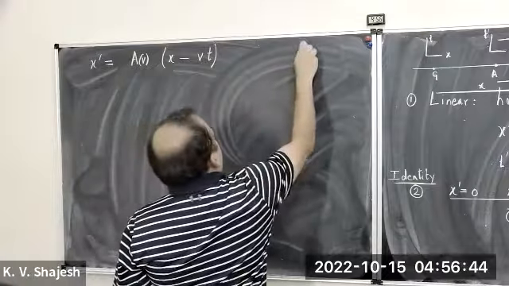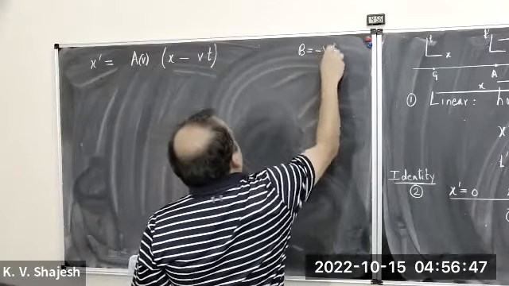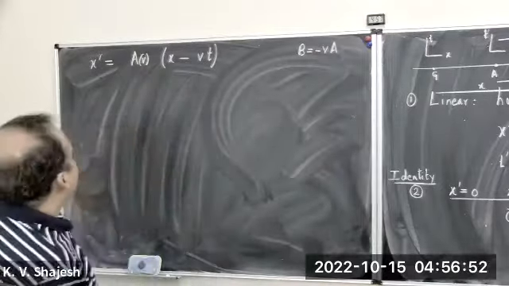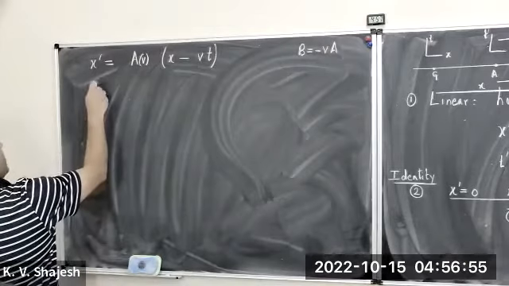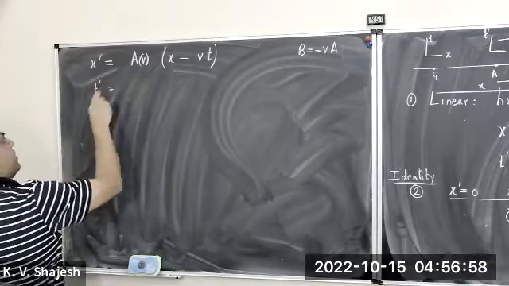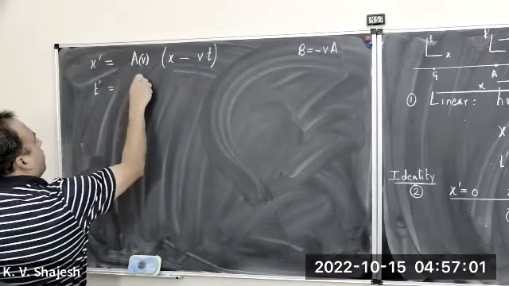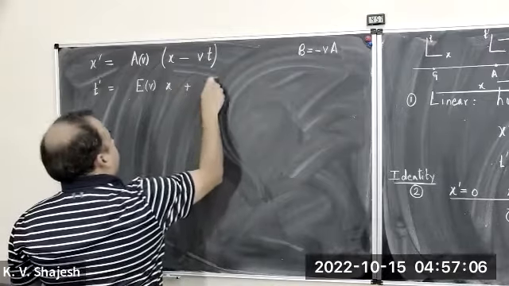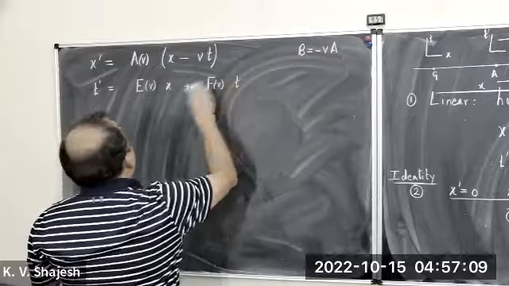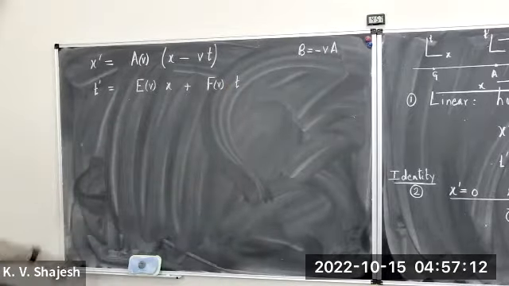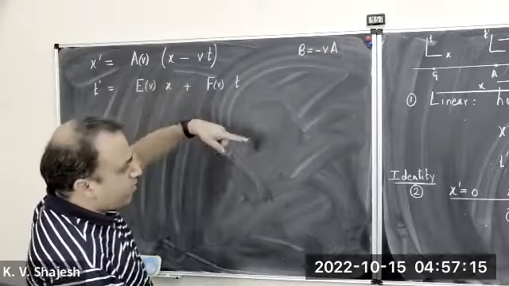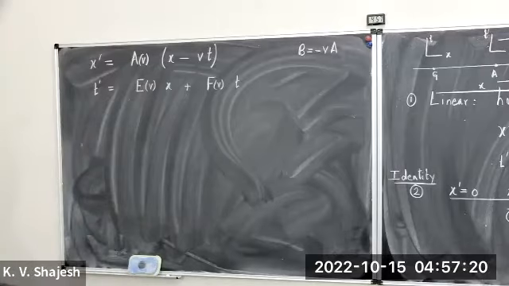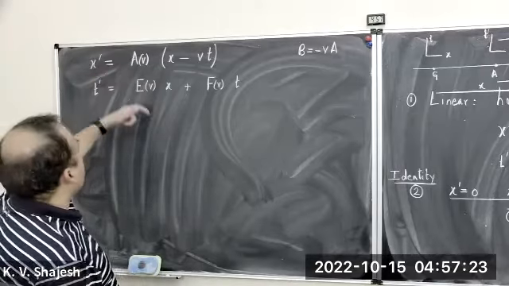Remember, the condition was b is equal to minus v times a, right? So minus v times a immediately gives me my b. And here I have the other equation, t is equal to e of v times x plus f as a function of v times t. We don't learn much when we say x prime is equal to 0, x should be equal to vt. We don't learn much on this side. There is no restriction. So we have at least brought it down to 3 unknowns.